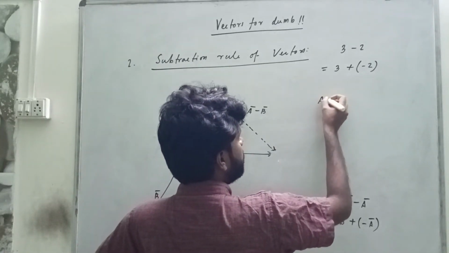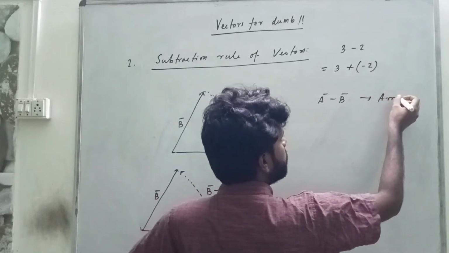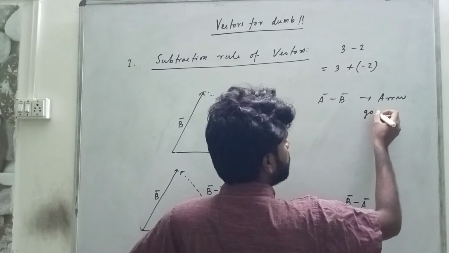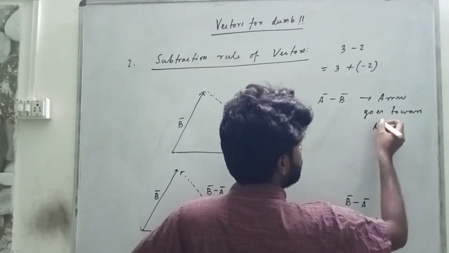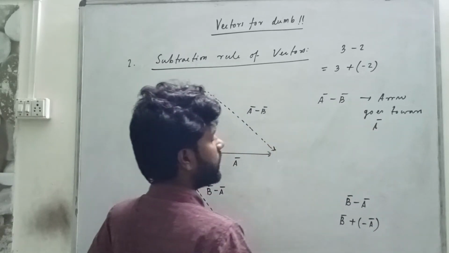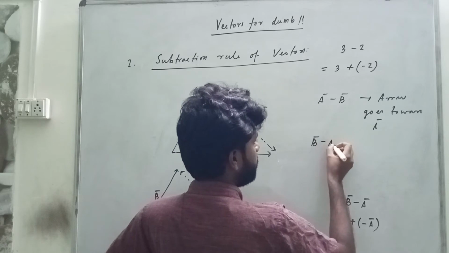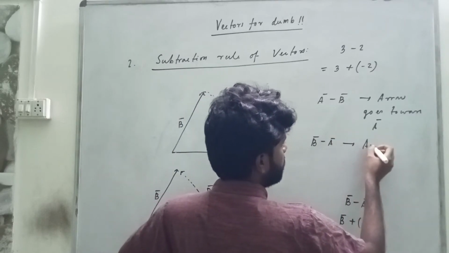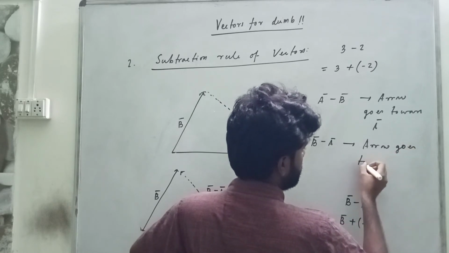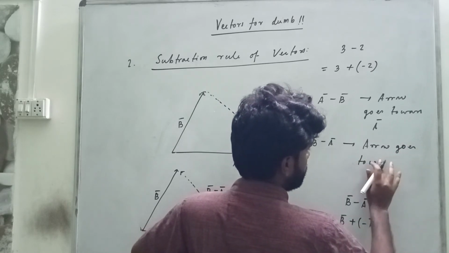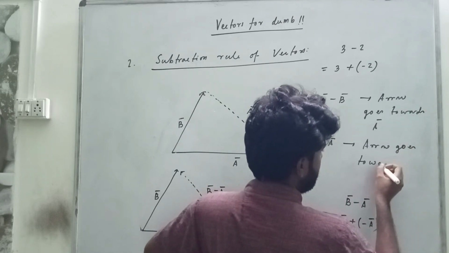So A minus B means the arrow goes towards A, right? Arrow goes towards A, and obviously just the opposite, B minus A means the arrow goes towards